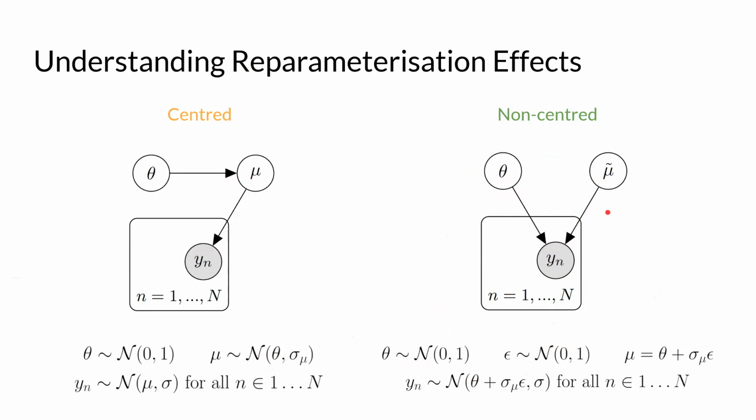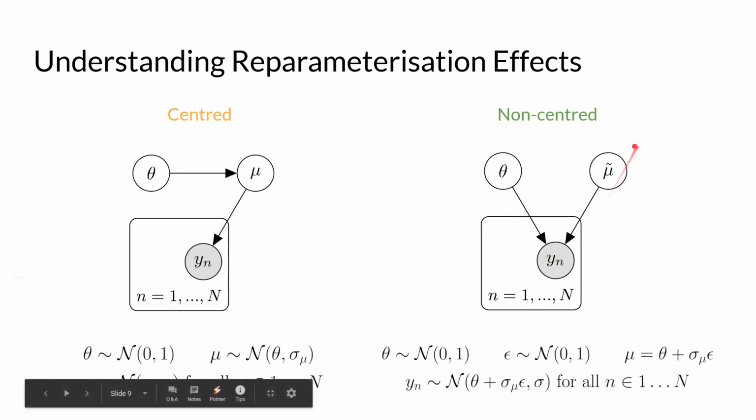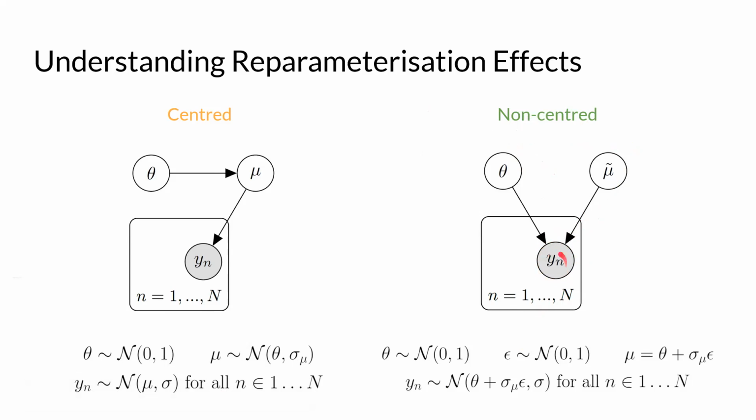So of course we prefer the non-centered parameterization because we want to work with variables that are independent, because then everything is nice and there aren't any weird shapes. We just have independent variables. That's much easier to work with. But if we have a little bit of data, we can think of the dependence that is going to be produced between theta and mu tilde as very weak, because observing a small amount of data is almost like not really observing anything. So they're going to be almost independent. Again, it's fuzzy, so don't quote me on this, because that's obviously not strictly true.